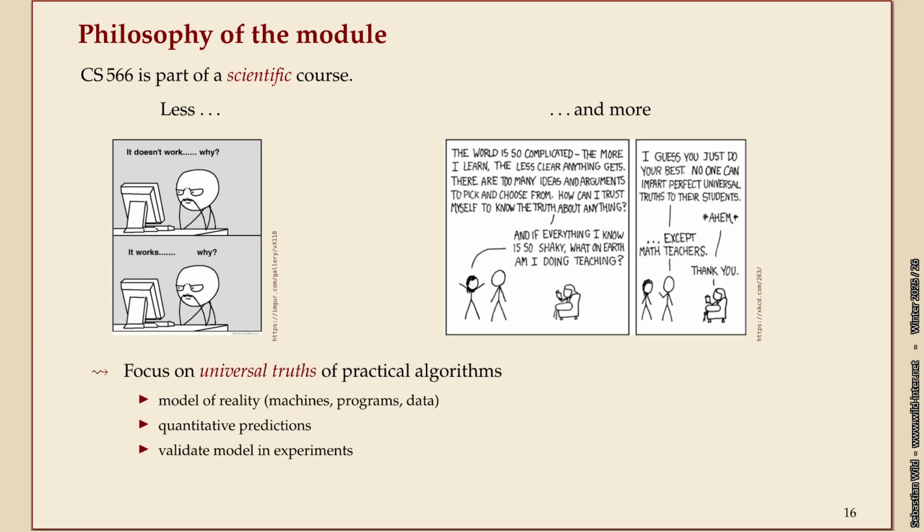So we'll focus on the universal truths of practical algorithms, which sometimes means making a slightly more abstract statement in an abstract model of computation, as opposed to just saying, this currently runs fine on my machine, I don't bother why. And then next year it doesn't, and I'm down here. Or, well, the other way around. What this means is that we'll need a bit of math background, and that's what we'll cover in the next unit.